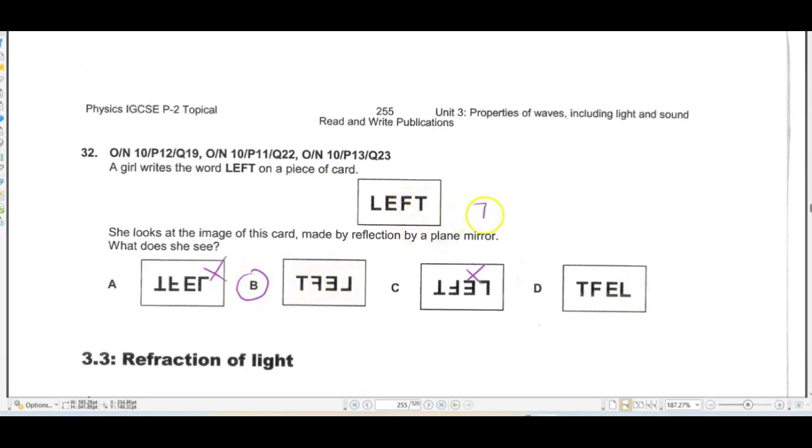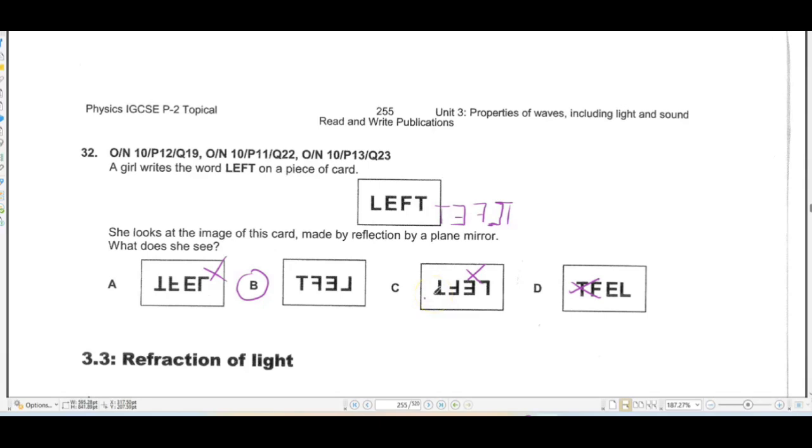See, F is going to be like this. T though is going to make no difference at all. And E is also going to be in this direction. And L was over here. So the L is now like this. I was having T over here. So T makes no difference at all. It's the same. L-E-F-T. Now, B is the correct option. In this one the spellings have changed, so this is not. In this one the letters have gone upside down, so this is not the correct option.